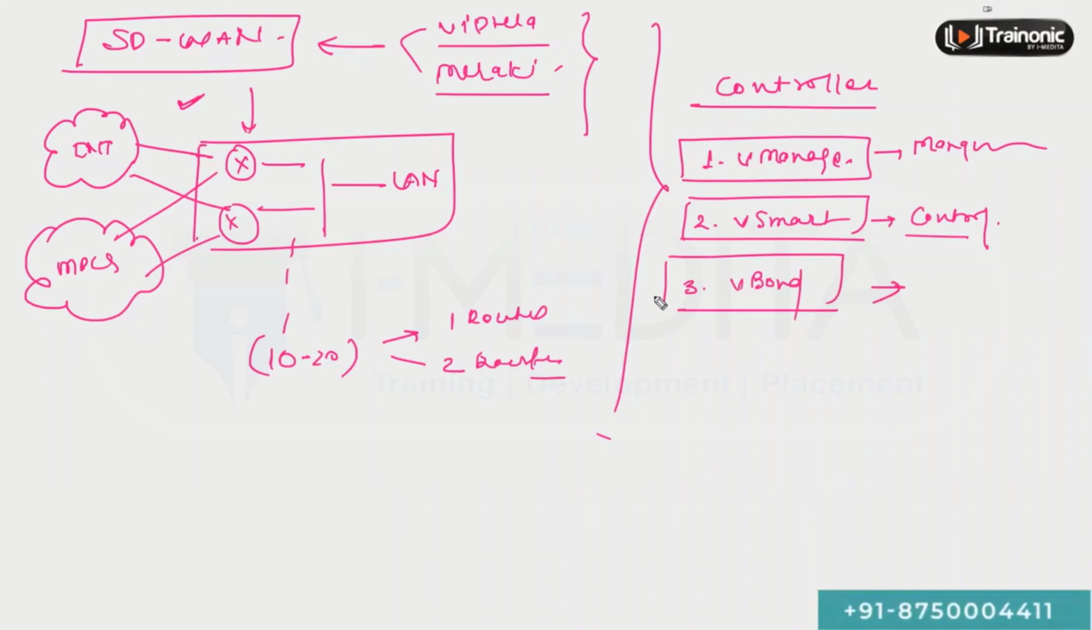So vBond is the controller that we have here, which is responsible to orchestrate. We call that the vBond orchestrator. It is responsible to orchestrate the management plane and control plane functions to the edge devices. In short, the vBond orchestrator is the controller that allows the routers to find their respective management plane